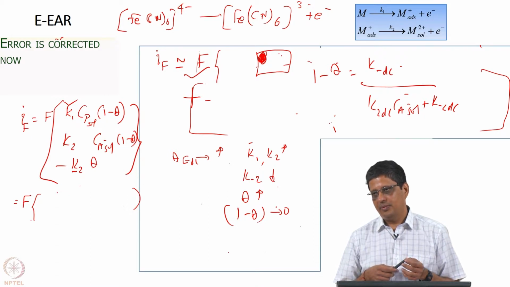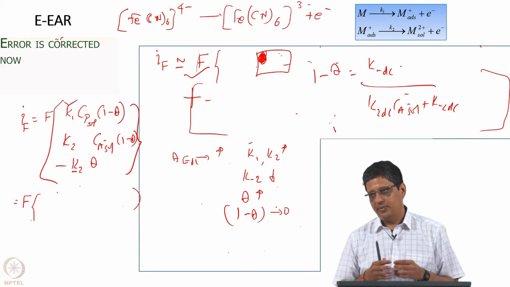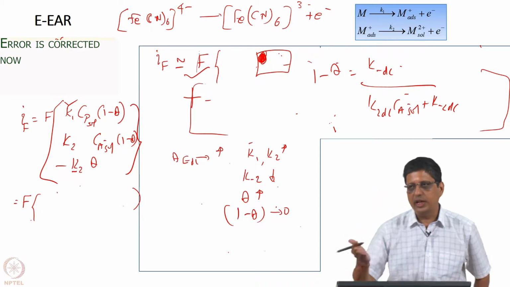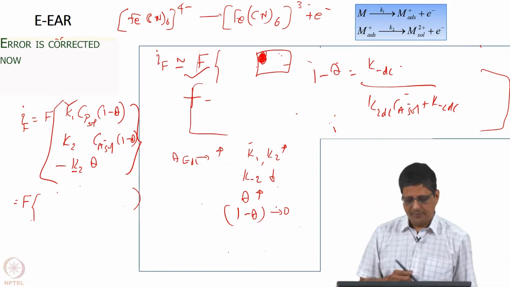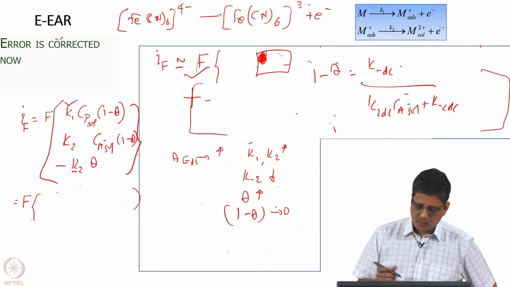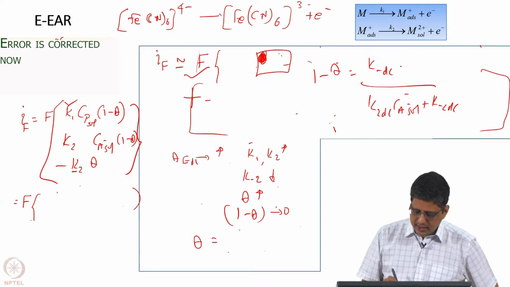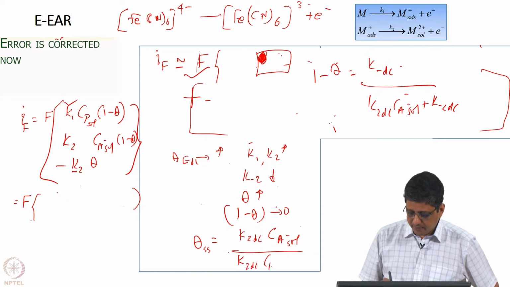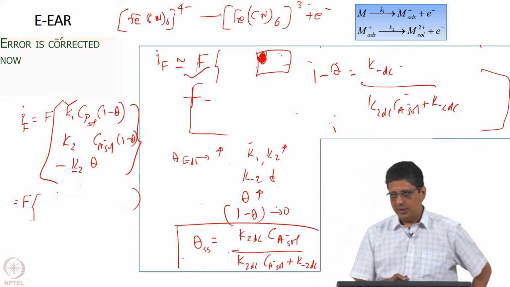Okay, so theoretically, if we go with what you said, that if we increase the value of K2 and decrease the value of K minus 2, so we are increasing potential, therefore K2 increases and K minus 2 decreases. So how will this theta increase? So theta must decrease now. Because theta says how much space is available for the steady state theta, correct. We took the mass balance equation, which was correct anyway, and then derived this.